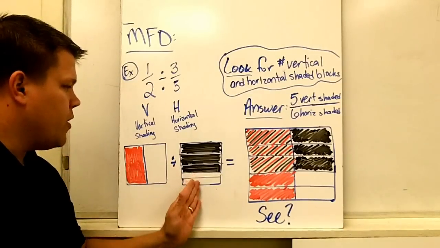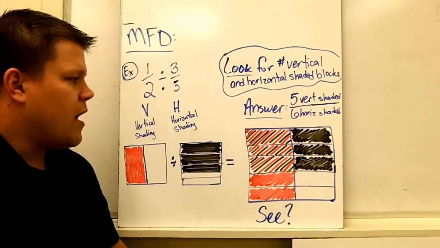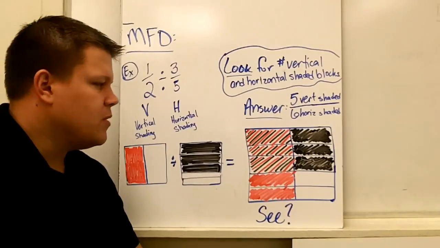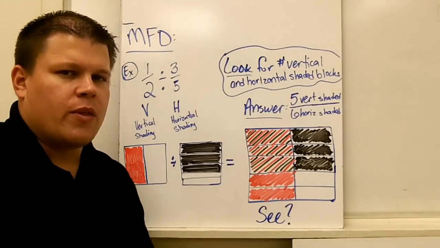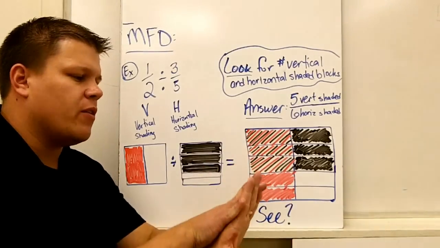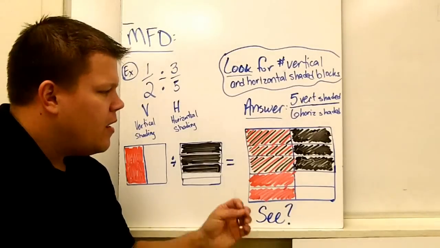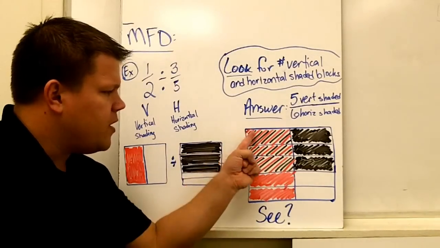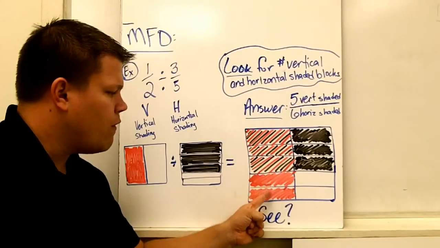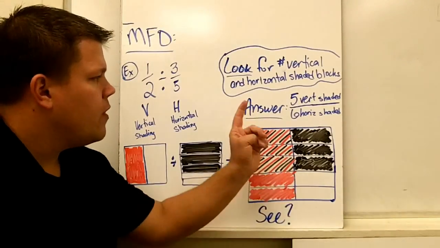So we've done that separately, and when you put it together, when you overlap them, you're going to see that, yeah, there is overlap. There are 3 boxes overlapped. But that doesn't matter. We're not looking for that. We're looking at just what's been shaded in. So when I put these together, I see that there's almost like a grid system being created. What I see here, 1, 2, 3, 4, 5 red shaded sections,